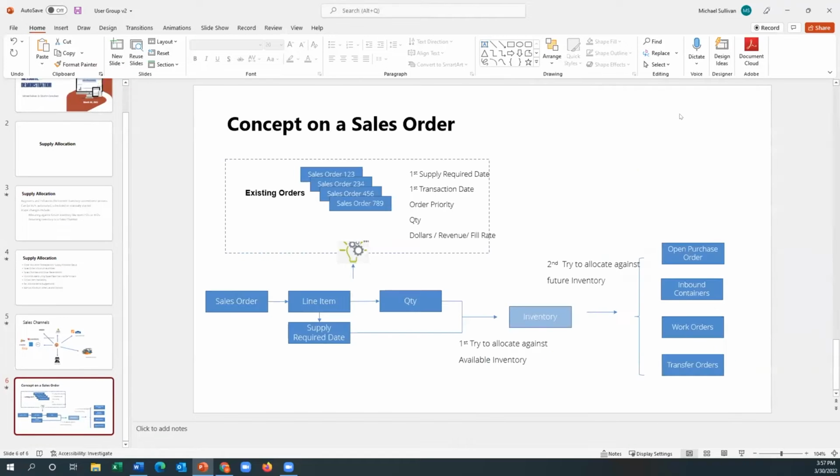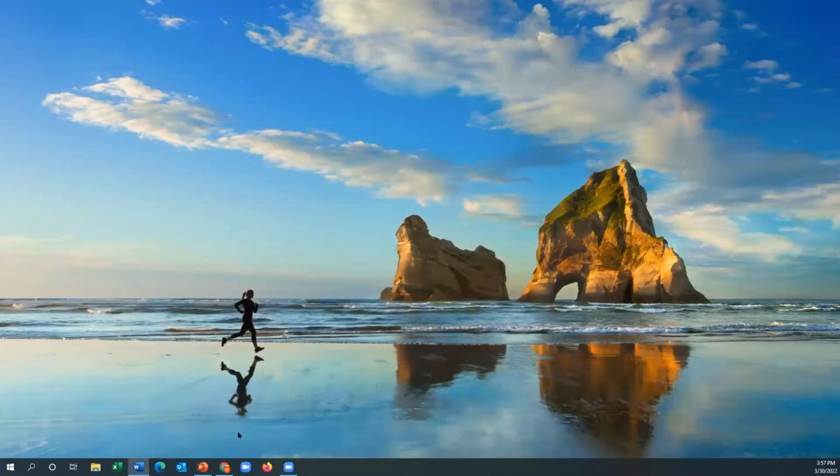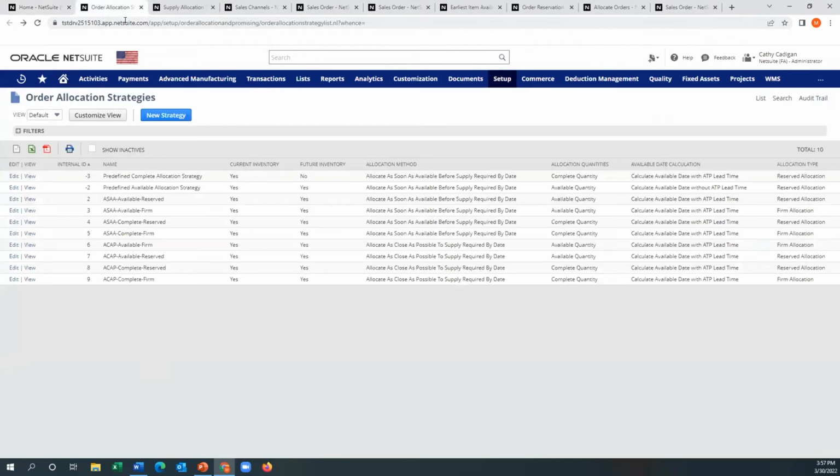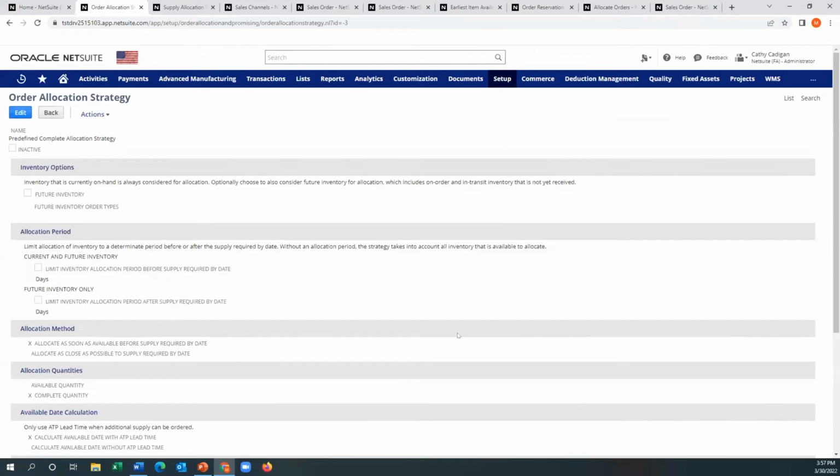And let me kind of go to the NetSuite screen and kind of explain that as quickly as possible here to make sure that I'm just hiding the floating window here one more time. So the basic setup is to define a strategy, and just think of the strategy being how you want to allocate. This is most relevant if you're doing the automated process, right? So if you're doing it manually, you basically are the person, but it allows you to utilize future inventory,